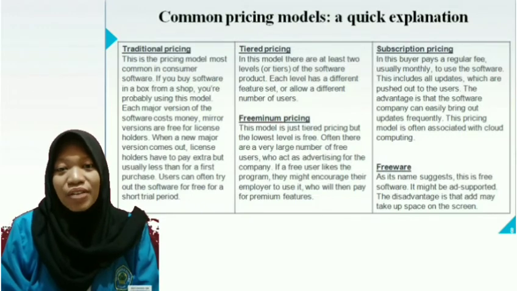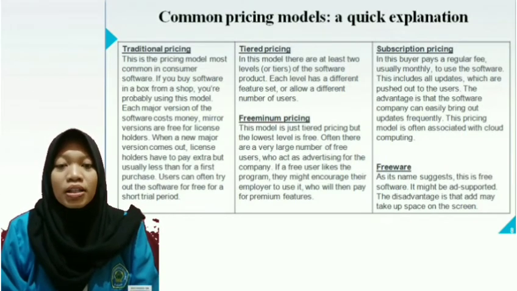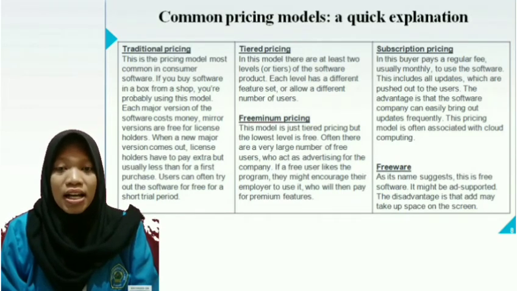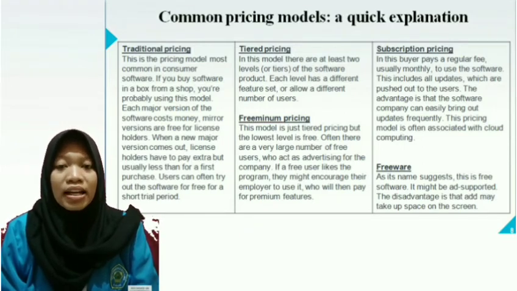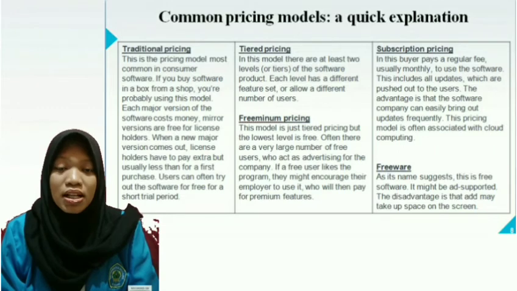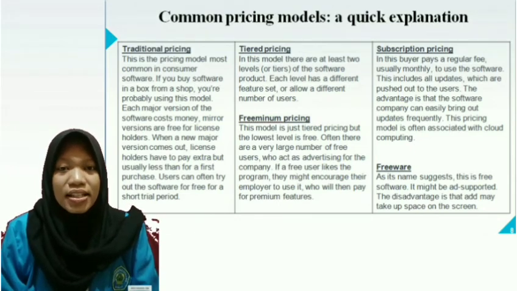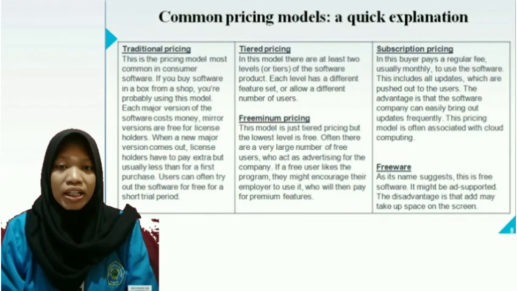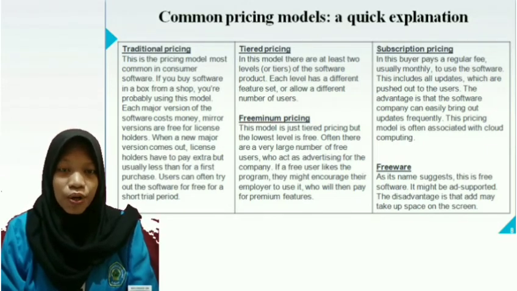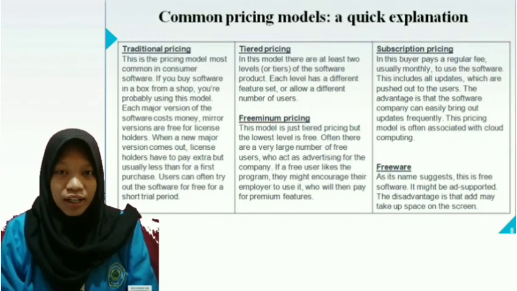The last, I will explain to you about common pricing models. A quick explanation: there are actually 12 common pricing models, but 5 common pricing models will be discussed. The first, traditional pricing. This is the pricing model most common in consumer software. If you buy software in a box from a shop, you're probably using this model.